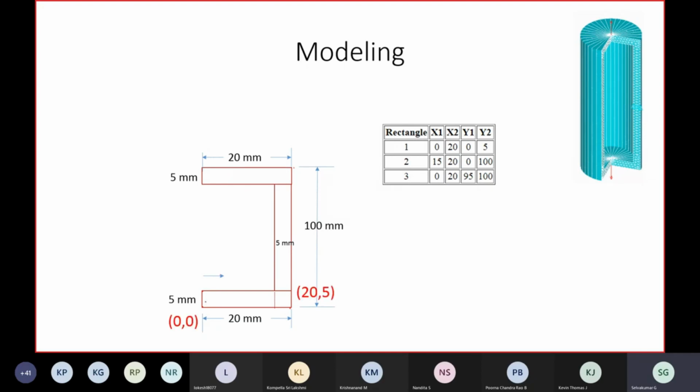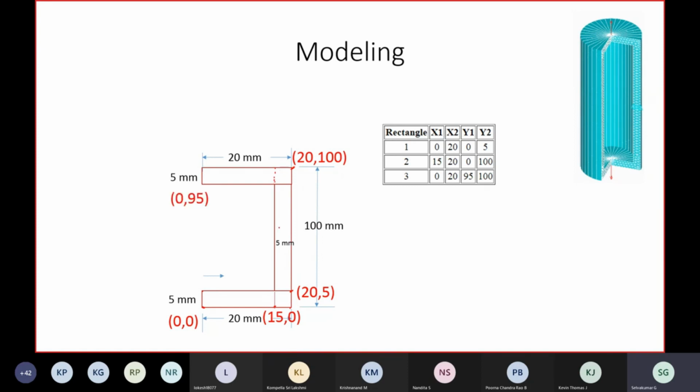I will be generating the first rectangle by defining the corner coordinates. I am assuming this is 0, 0, this is 20, 5. So 20 units in the x direction, 5 units in the y direction. Therefore, I will define these two corners, and by giving these two corner values, I can generate this rectangle. Similarly, the second rectangle I can define by defining these two. This corner is 15, 0 and this corner is 20, 100. Here 20 units, from here to here 100 units. Therefore, I can generate this one. This portion generation will be over.